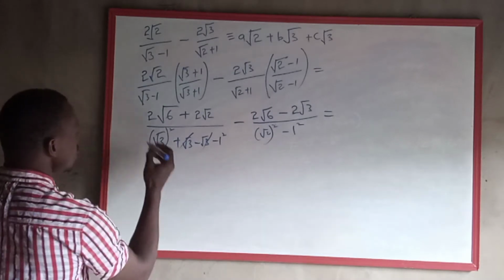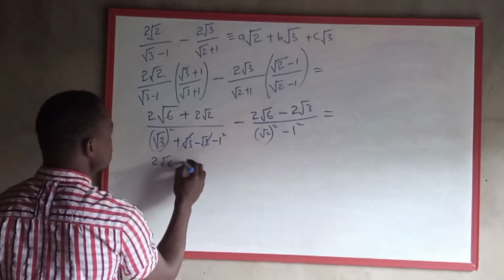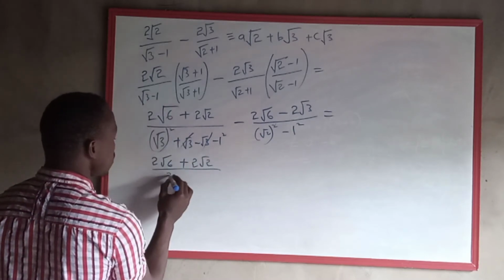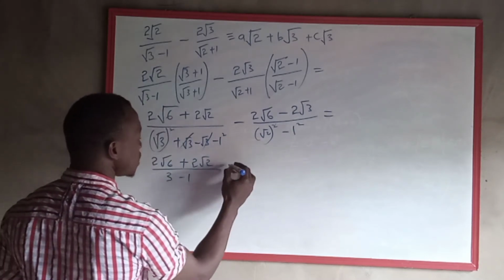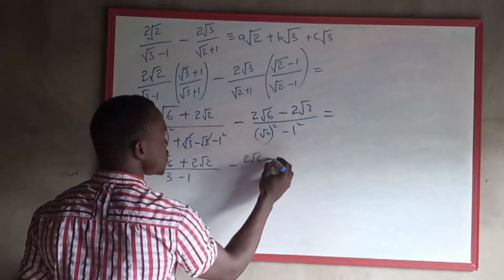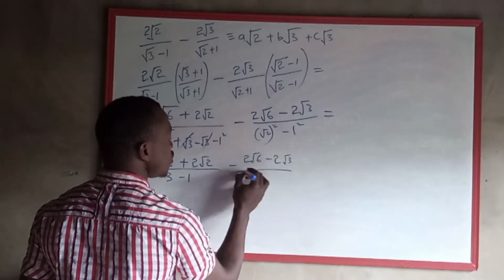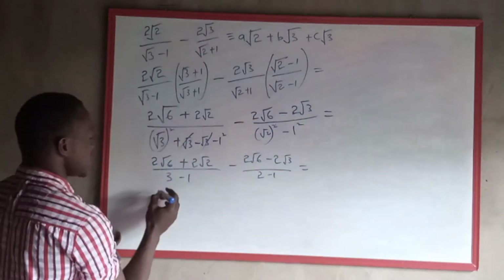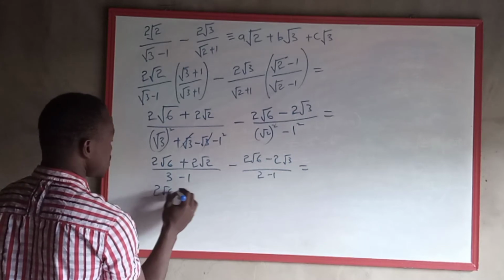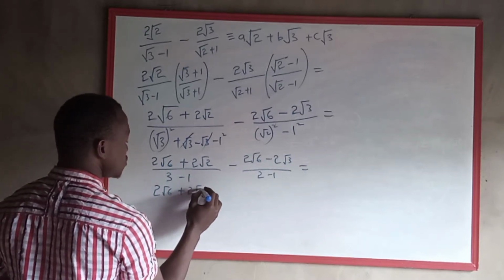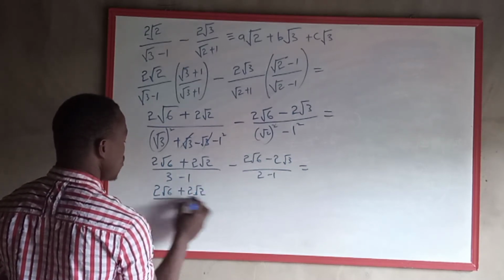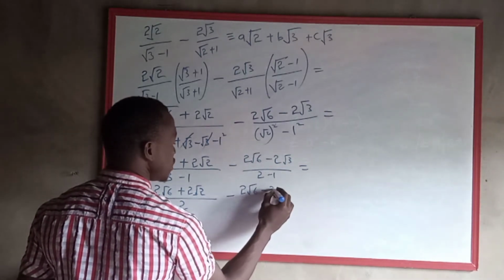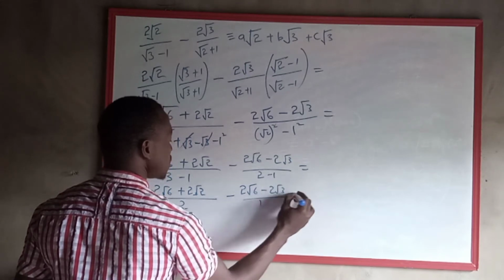If we continue, we have 2 root 6 plus 2 root 2 divided by root 3 squared, which gives us 3 minus 1 squared, gives us 1, minus 2 root 6 minus 2 root 3 over root 2 squared, which gives us 2 minus 1, equal to what you have on the right hand side. So we have 2 root 6 plus 2 root 2 over 3 minus 1 gives us 2, minus 2 root 6 minus 2 root 3 over 1, equal to whatever